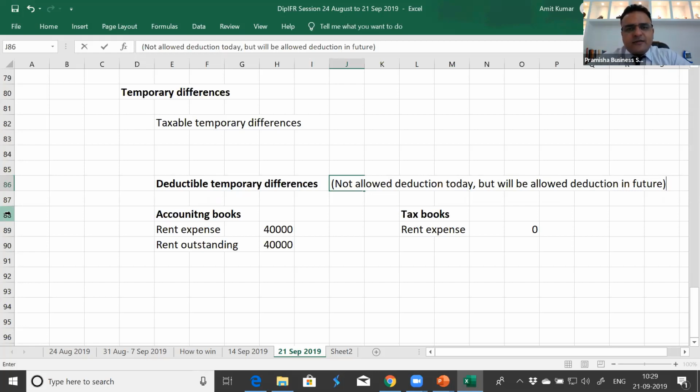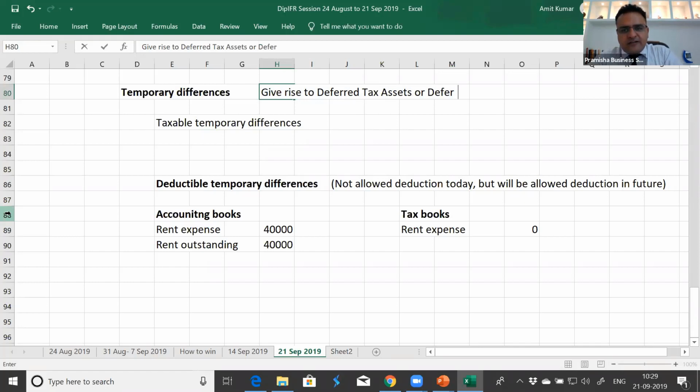So what will it be called? Temporary differences give rise to deferred tax assets or deferred tax liabilities. Why are we recording this deferred tax? To maintain our accounting fairly. Because if we do not record deferred tax, we'll never be able to know that we were not allowed deduction, and we need to have a claim for it. If we keep a record of our deferred taxes, we know whether we have paid more taxes or whether we are still liable to pay more taxes in future.